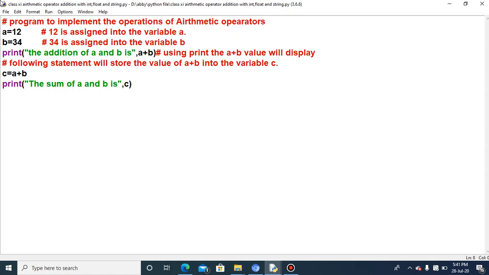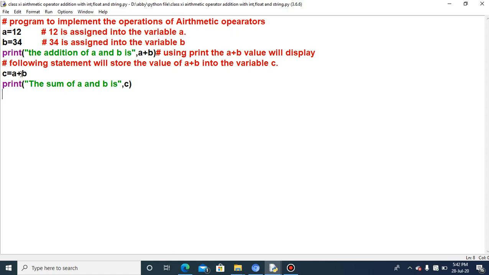So here you can see: program to implement the operation of arithmetic operators. The purpose of this line is that this particular script, starting from here till the end, is to implement the arithmetic operators, and I have used only a single arithmetic operator here, the binary operator addition, that is the plus operator.